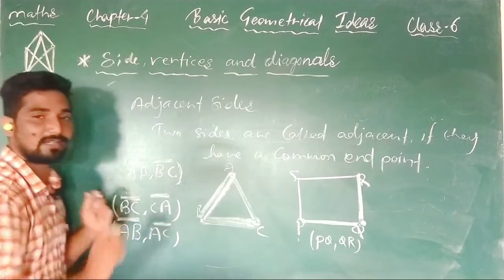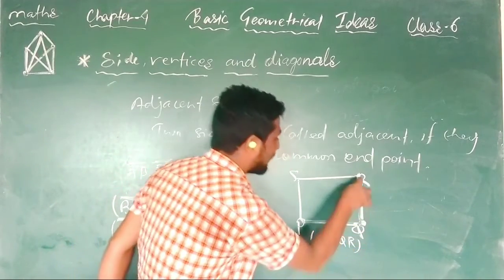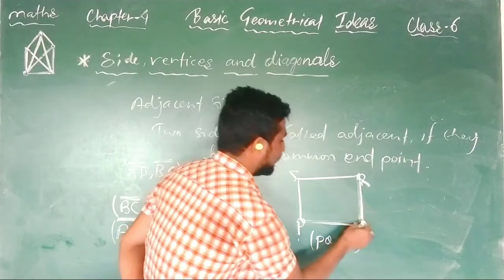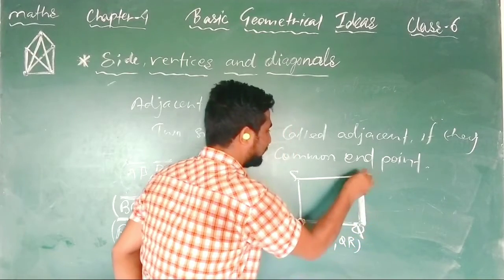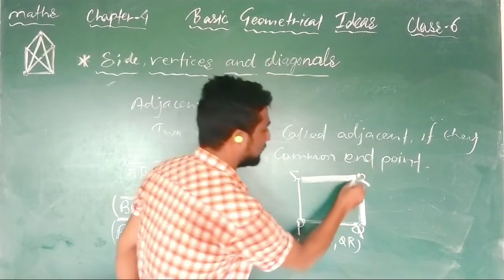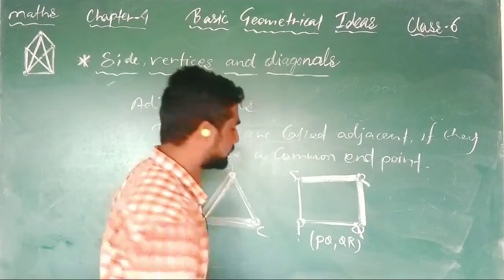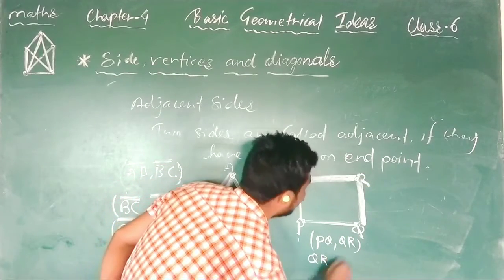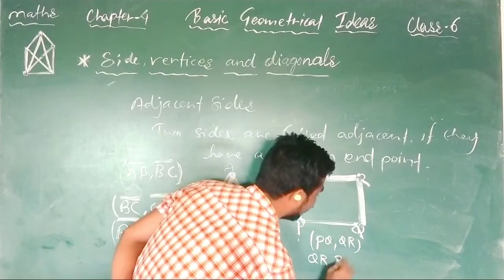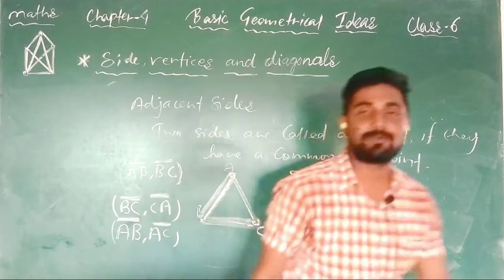So in the bracket you will write like that. Now first PQ and QR I have taken. Now you see, second, sir, this QR and this RS we cannot take because they have R as a common point. Yes, this QR and this RS also we can take. Now two pairs I have taken.